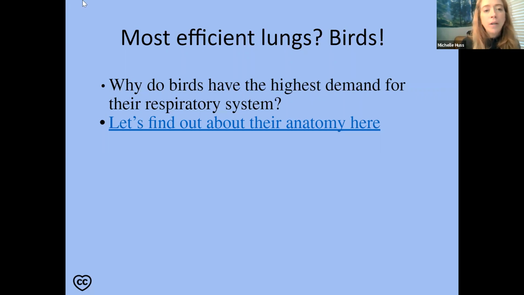And what I want to do is, sometimes it's hard when these videos get really super complicated. What I wanted to show you is, here's a bird lung. And then they have these little sacs, specialized sacs, down here. So once you watch this video, this might make sense. Right now it kind of looks like a big blob.